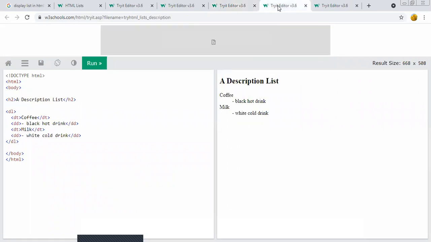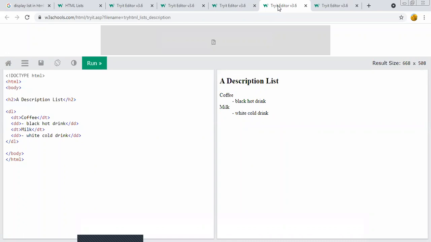Next, we have to discuss the definition list. Here, the definition list is used with the help of the DL tag. The definition list is used to give a list of definitions, just like a dictionary.